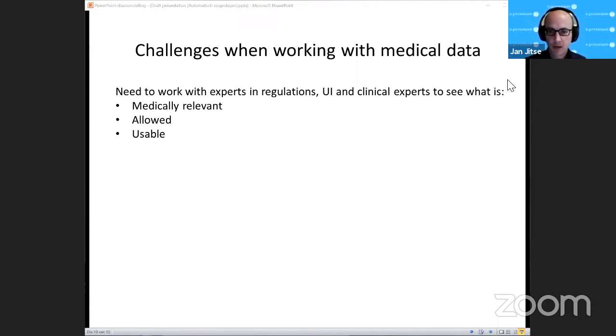So finally, I want to talk a bit about what the challenges are if you're working with medical data instead of just any other data set. My example would be the semiconductor industry, if you're looking at chip data. Medical data is a bit special sometimes because I don't have a medical background, and you have to say what is medically relevant. Typically I can have an idea, but that's not what doctors want to see.